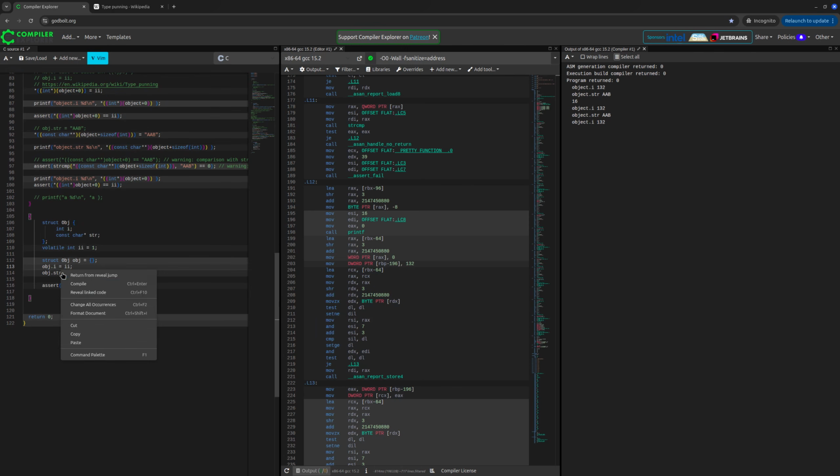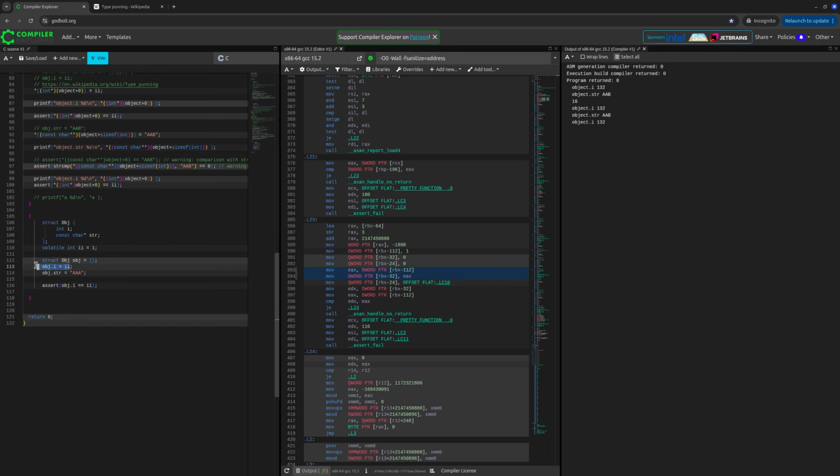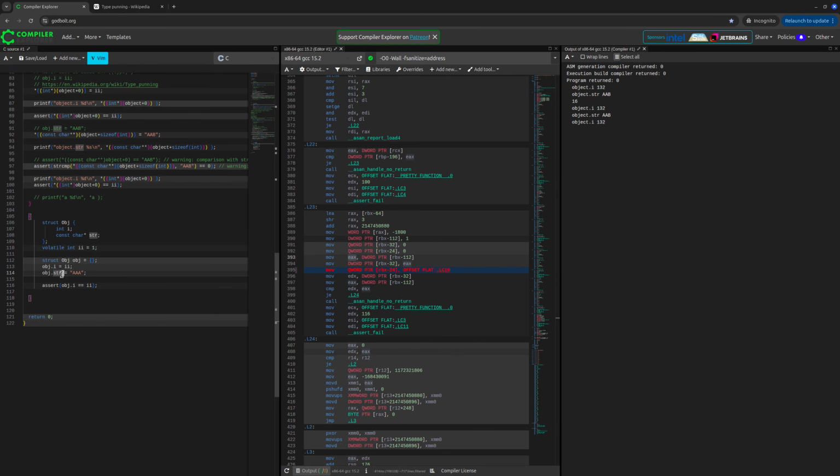If I reveal the linked code behind moving my integer into the supposed struct, I will see that I'm moving into rbx minus 112 this piece of memory, which is at that time the EAX register. Now if I reveal the linked code for my const character pointer, I'll see that I'm moving that into